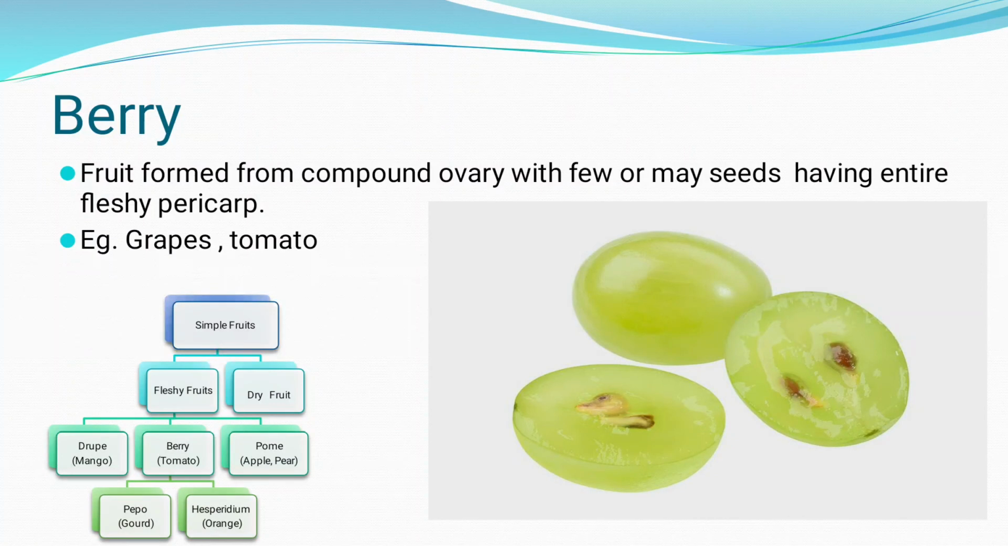Okay. So why the grapes and tomatoes? Because whatever the three layers, they are all fleshy. Okay, the pericarp is also fleshy. So that's why they are called as berries. So that is belongs to simple fruit. So these berries or berry fruit are again classified into two categories, that is pepo and hesperidium. So we will understand what is meant by pepo and what is meant by